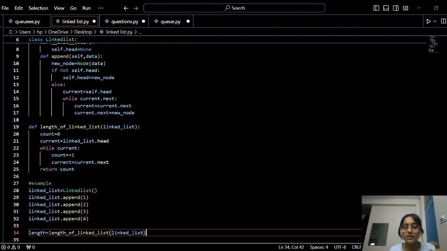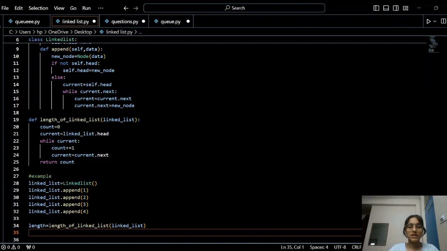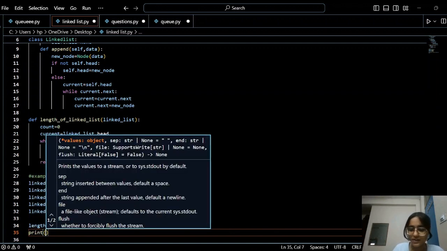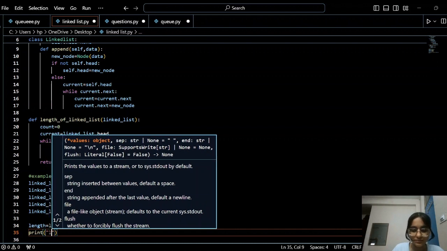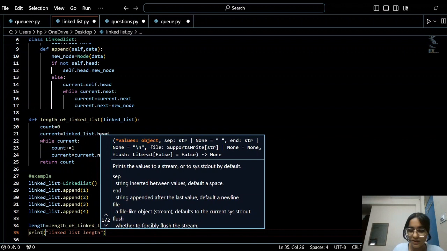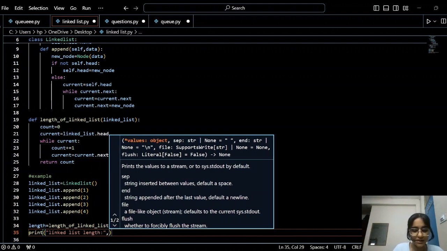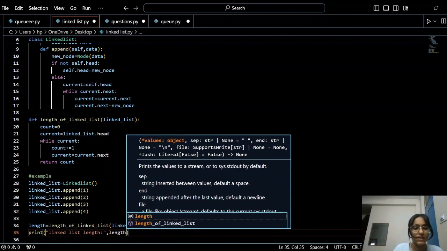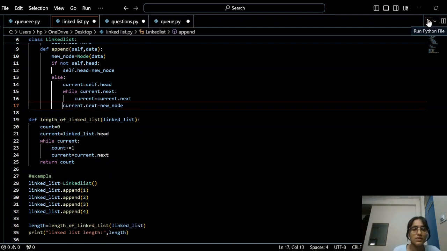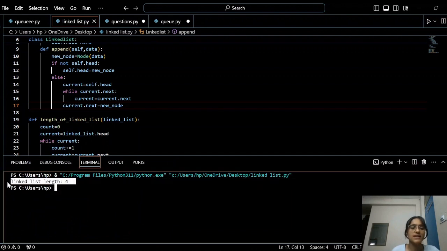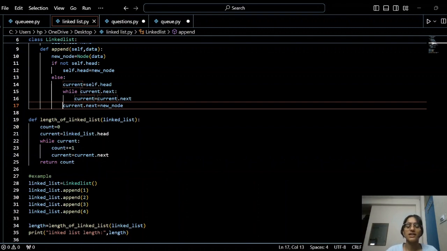It will run this function and then we'll print the linked list length. So you will get the length. We'll get the linked list length as 4. So this is how we get the length of the linked list. Thank you so